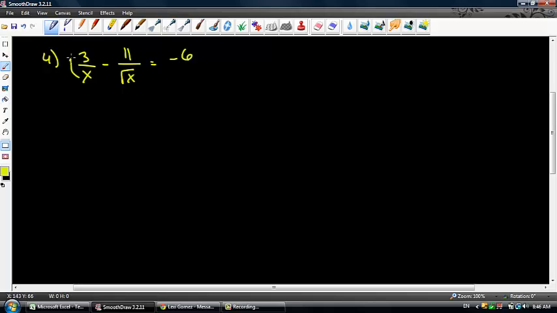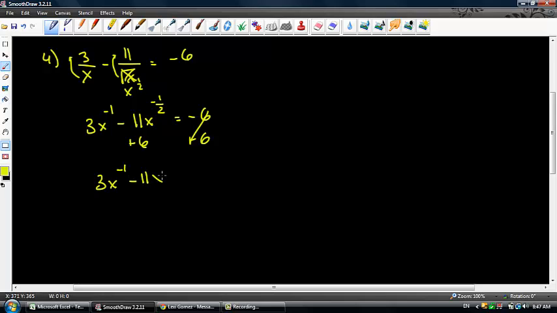First thing I'm going to do is move these up to the top. And that's the only other layer that they're putting on this problem. They're going to make you move things to the top. So if it's 3 over x, hopefully it makes sense that it's 3x to the negative 1 minus 11x to the negative 1/2, right? Because rad x is really x to the 1/2, and that's on the bottom, so if I move it up to the top, it's going to be negative, and that's going to equal negative 6. So I'm going to add 6 to both sides. So I get 3x to the negative 1 minus 11x to the negative 1/2 plus 6